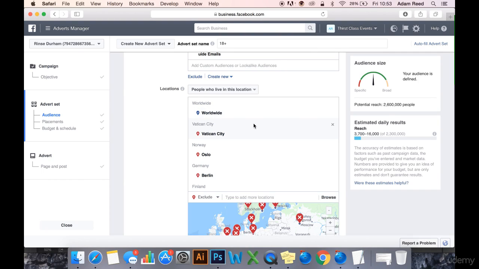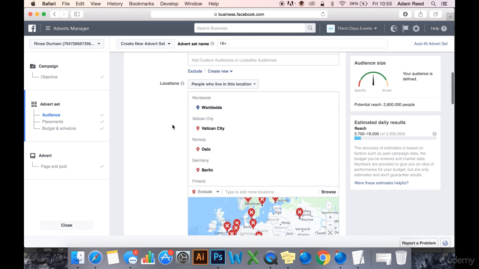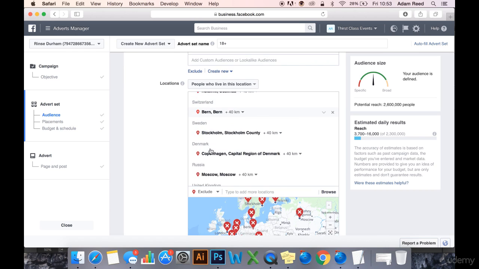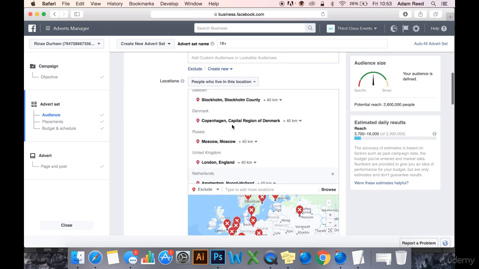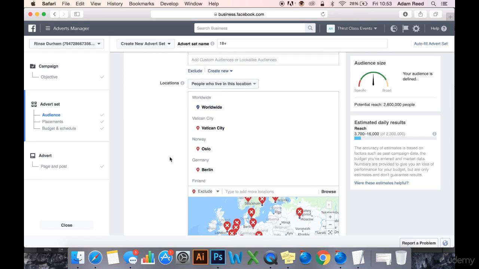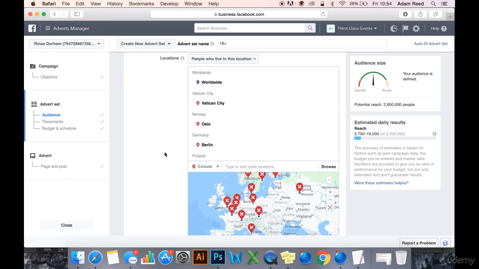Now on to driving down that CPC, getting a cheaper CPC by some simple targeting exclusions with the location settings in pretty much everywhere else in the world. Well, actually, it's all European regions. But basically, these are mostly capitals or really highly populated areas of these countries. They tend to be the most expensive areas because capitals, obviously, usually have the most purchasing power, and therefore there's more competition, and the big advertisers are preying on these areas with their Facebook advertising budgets, which again is going to drive the bid up,